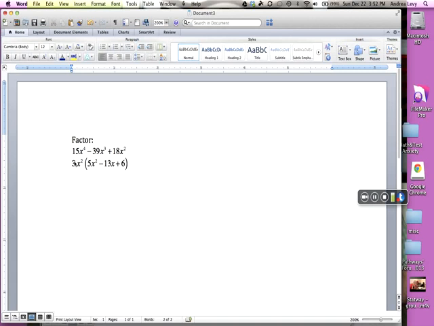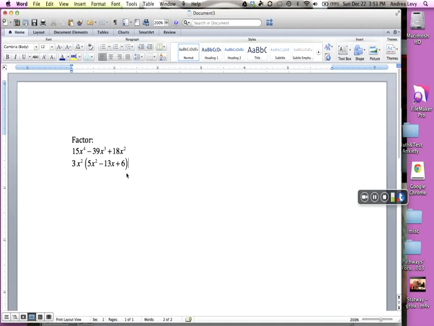So when I divide 3x squared into 15x to the 4th, I get 5x squared. And I know that's true because when I multiply 3 times 5, I get 15, and when I multiply x squared times x squared, I get x to the 4th. The same is true for the next term. 3 times negative 13 brings me back to the negative 39, and x squared times x brings me back to the x cubed. And in the last term, 3 times 6 is 18, and x squared times 1 is x squared. So now I have this trinomial here, this 5x squared minus 13x plus 6,